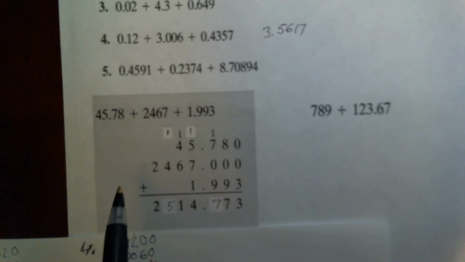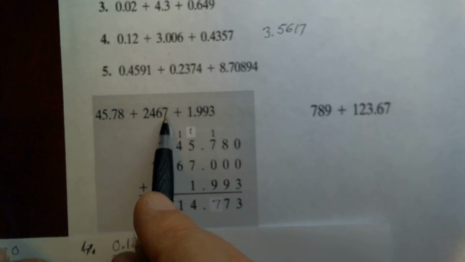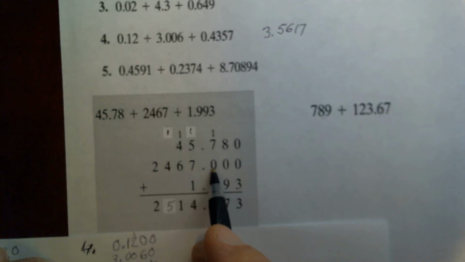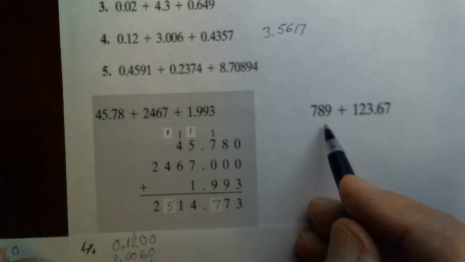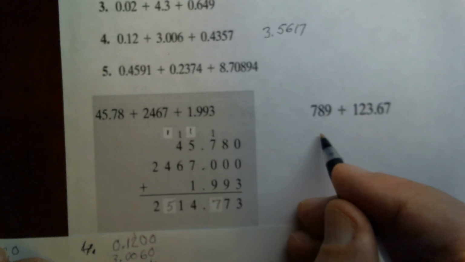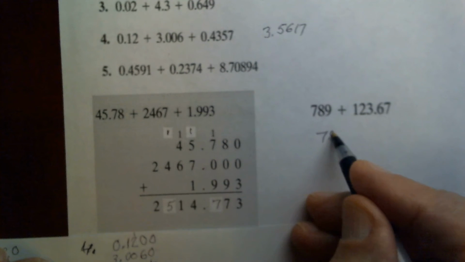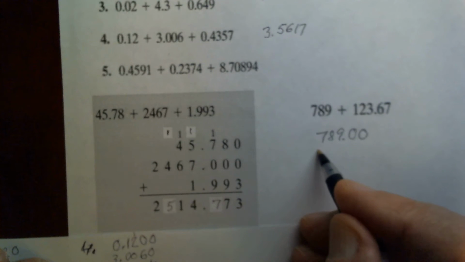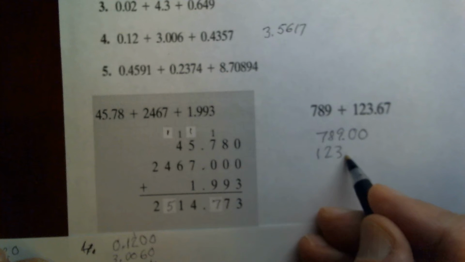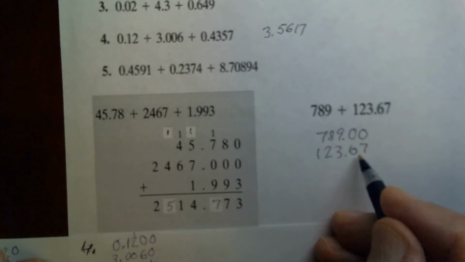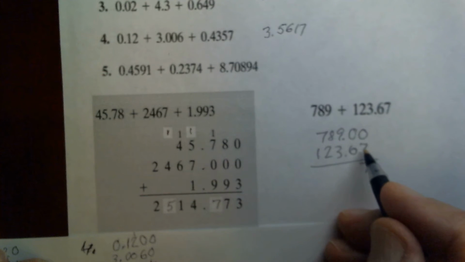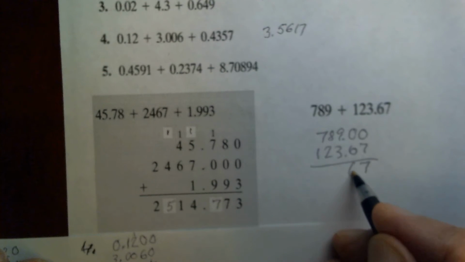So here the only difference really was that we had a whole number here without any decimals, but again we handle that by simply writing the appropriate number of decimal places as zeros. And the same is true for the next exercise. We write 789 as 789.00 because we have 2 decimal places here, plus 123.67. Now everything is lined up, so we add 0 plus 7 is 7, 0 plus 6 is 6, and